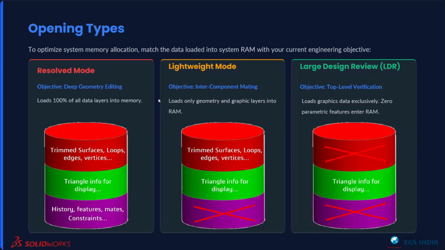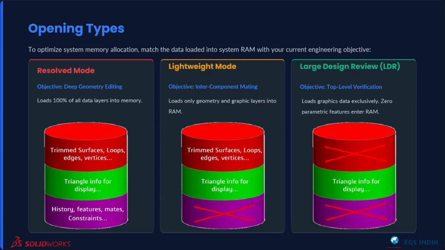The first is going to be your resolved mode, where all three layers of data are going to be brought into your assembly or into your system RAM, where it's going to have all the shape level data as well as your display data as well as your history or features that you've used to create the model over here. The second mode is going to be the lightweight mode, where the data level with respect to how